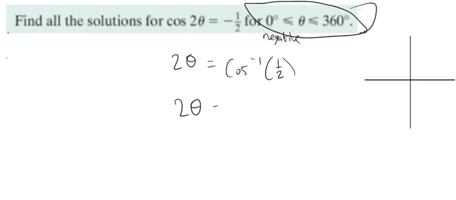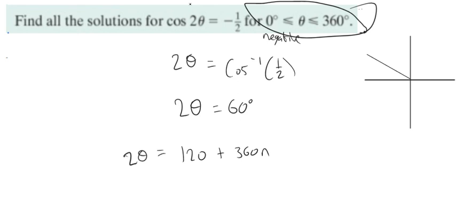So 2 theta equals 60 degrees. And therefore 2 theta, that's 60 is a reference angle. So 2 theta equals, so 60 in the second quadrant then would be, because cos is negative, so if that's the 60 degrees, well it has to be 120 plus 360 times n,